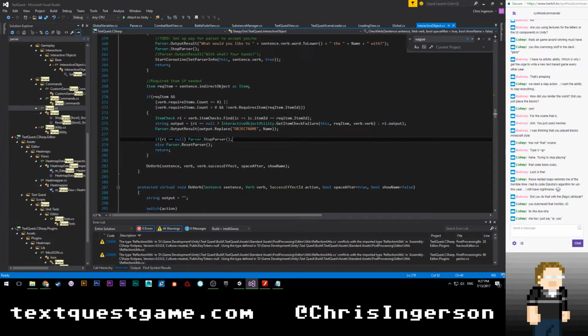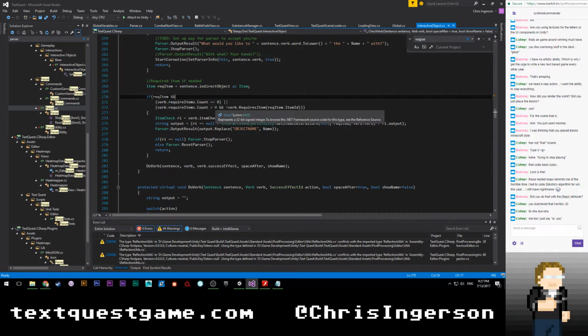Let's see. In that case, okay, so that's just a weird edge case that's happening, basically. What do I want to do in that case? Probably just, I'm going to say, wait, that doesn't make sense because require item should be null in that case.